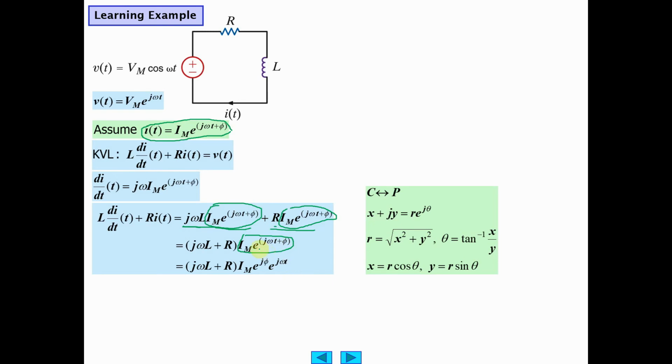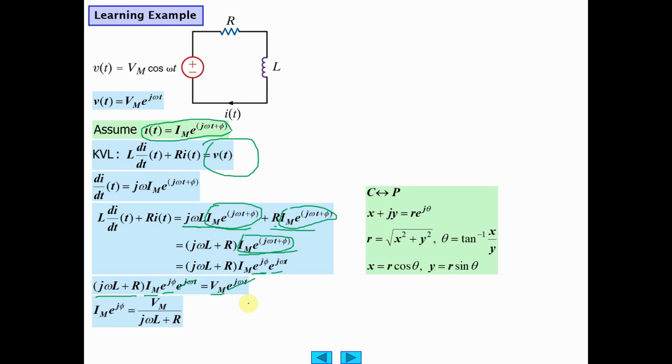And then this itself can be broken down into the multiplication of two factors. Equate it to the right hand side over here, and we have this equation. This is what I mean by the e to the j omega t factoring out. We divide both sides of the equation by e to the j omega t. So we have this, that Vm has to equal Im e to the j theta times this multiplying factor out front. Rearranging